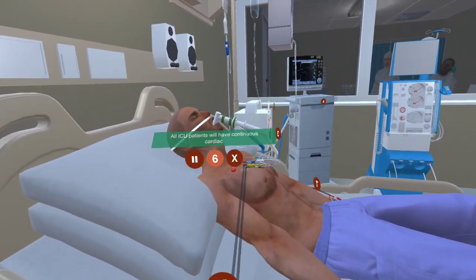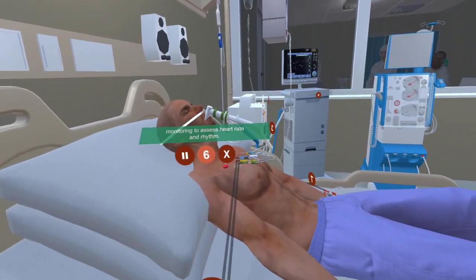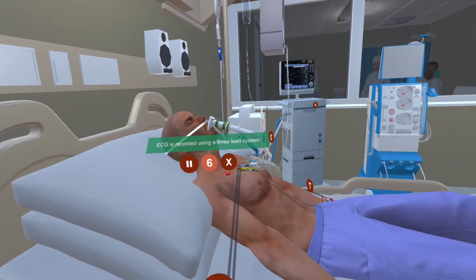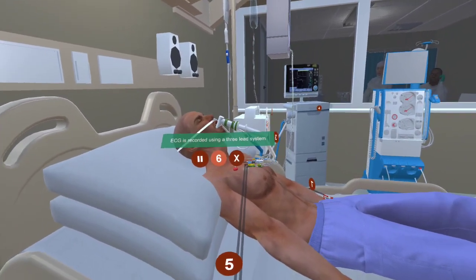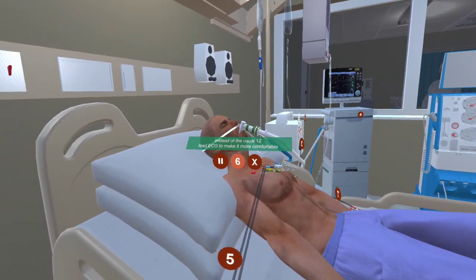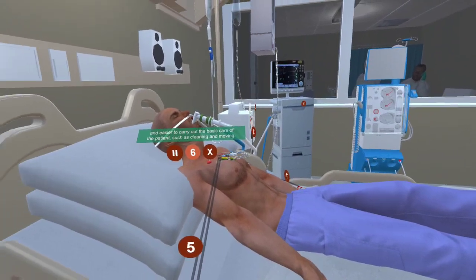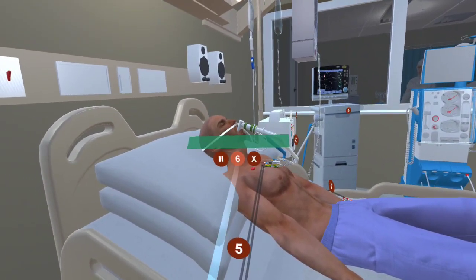All ICU patients will have continuous cardiac monitoring to assess heart rate and rhythm. ECG is recorded using a 3-lead system instead of the usual 12-lead ECG to make it more comfortable and easier to carry out the basic care of the patient, such as cleaning and moving. Any changes